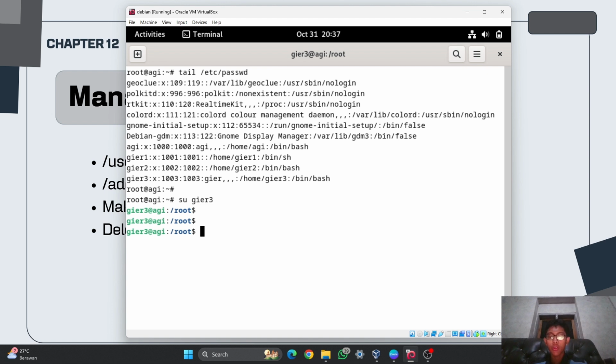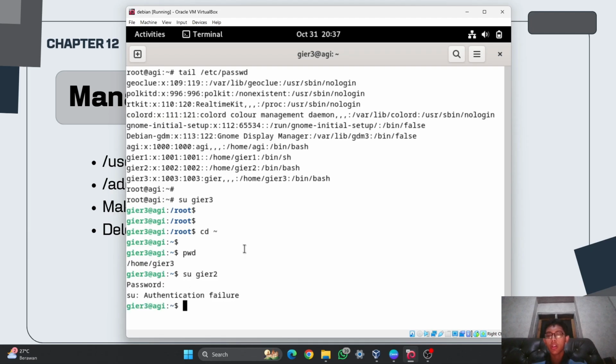Wait, I want to go to cd and then the home directory, and right now I'm in /home/gr3. When I change into the user gr2 using su and then gr2, it asks for the password, but I didn't set the password, so I will just press enter.